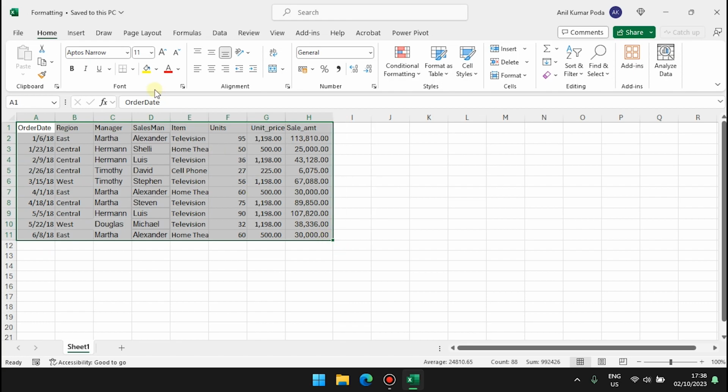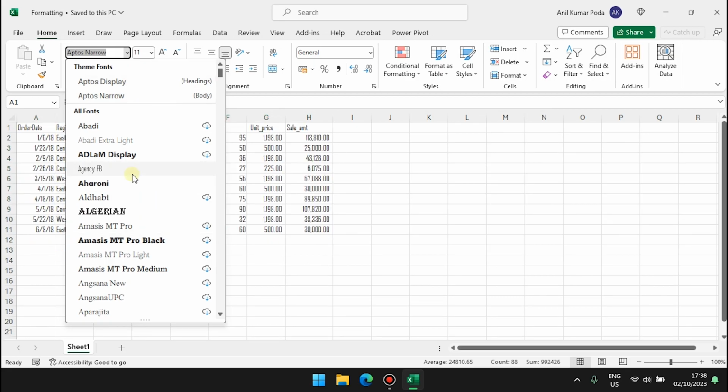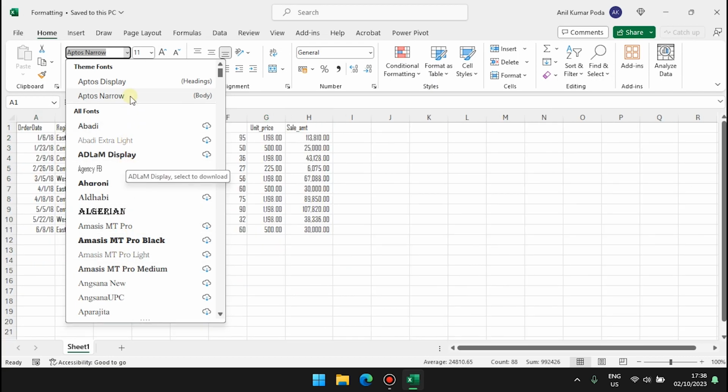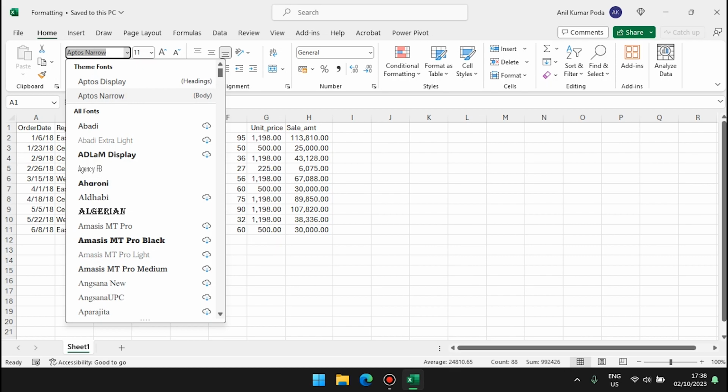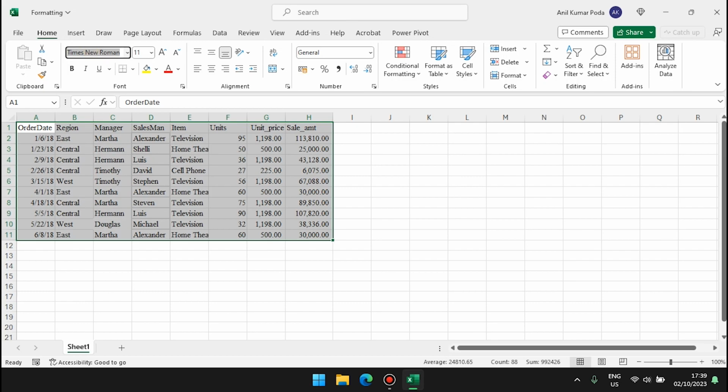And now the first menu item we are going to deal with is the font. And this is the font that we have right now. When you click on this down arrow, you can see all the different fonts that we have in Microsoft Excel. When you hover your mouse on each of these fonts, you can preview how the font is changing. If you remember any particular font, you can just start typing like this. I want to change this to Calibri, which I firmly remember. So that way we can change the font.